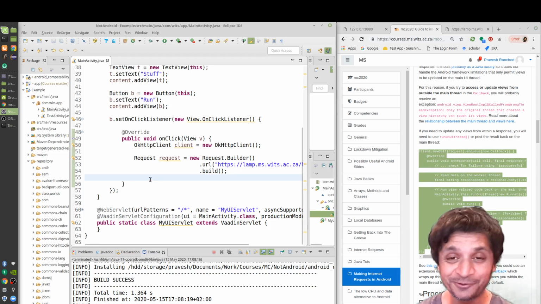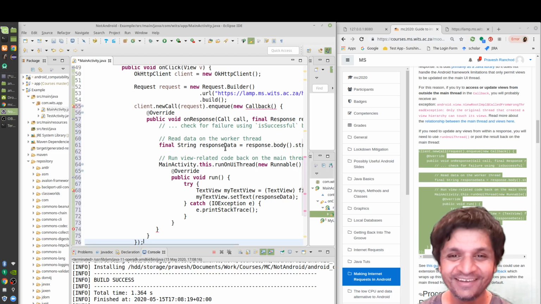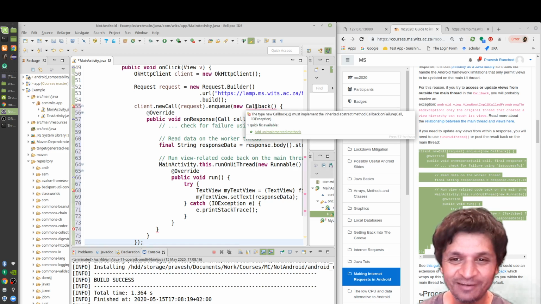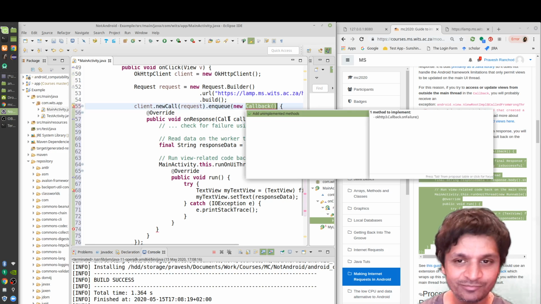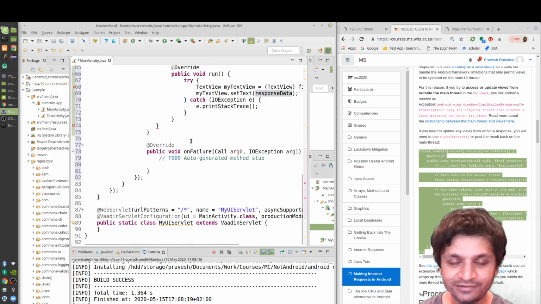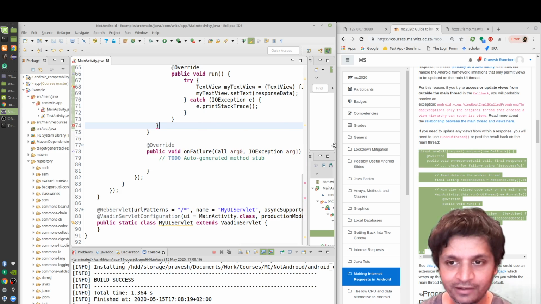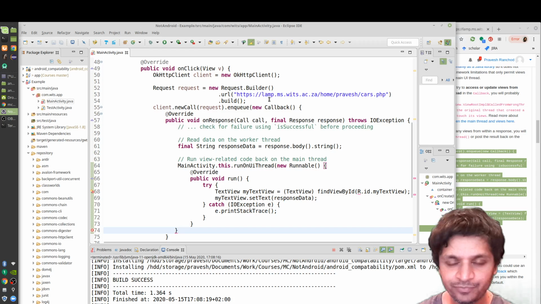Okay, that's a pretty important skill for a programmer to have, is figuring out which code to copy. And then Eclipse is going to tell me there's an error because this thing has to implement an on failure. Okay, so no problem. I'll just tell it, hey, implement it. It's fine. I don't really care what it does on the failure. So there's an on failure method now, and